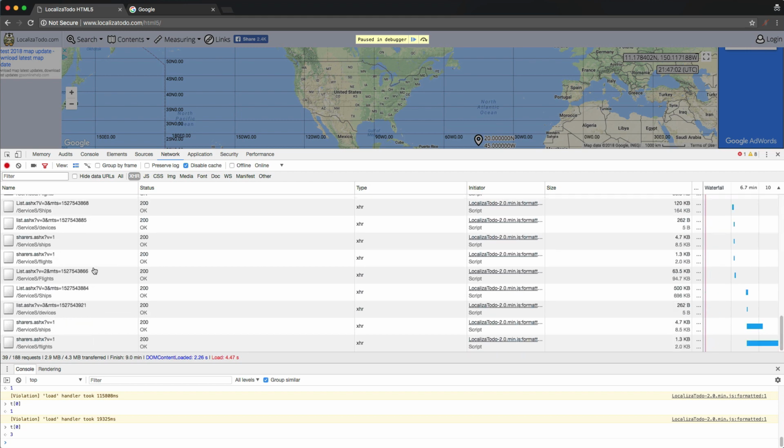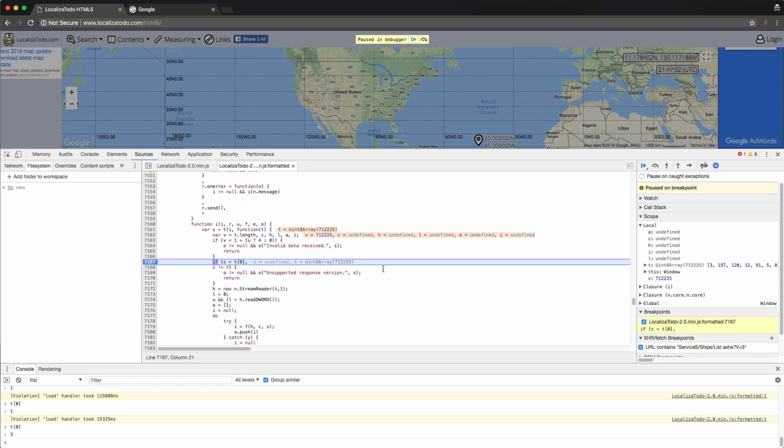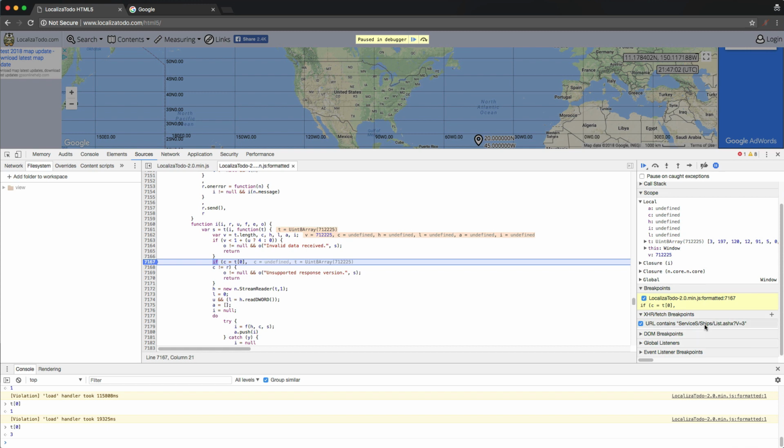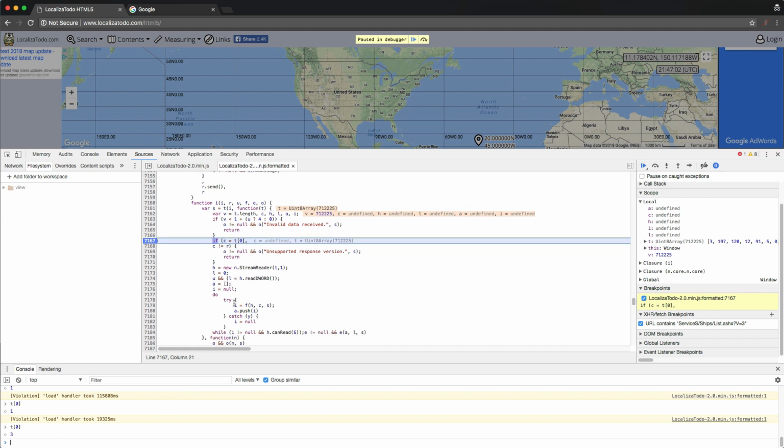Interesting. Okay, cool. So I think now I'm just going to look at our breakpoint. URL contains services ships list. I wonder why that would be. Okay, so I'm not going to get too lost in that, but I'm guessing that now that we have T0, which is the very first member of our array, set to 3,